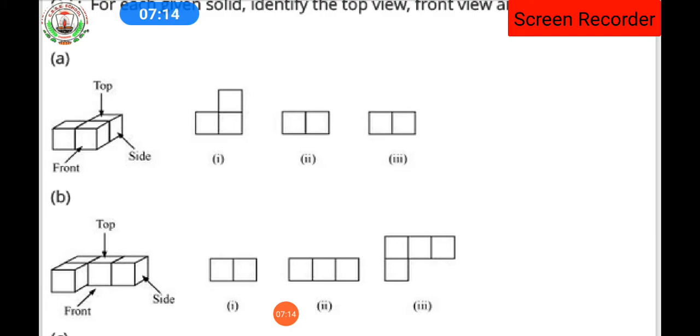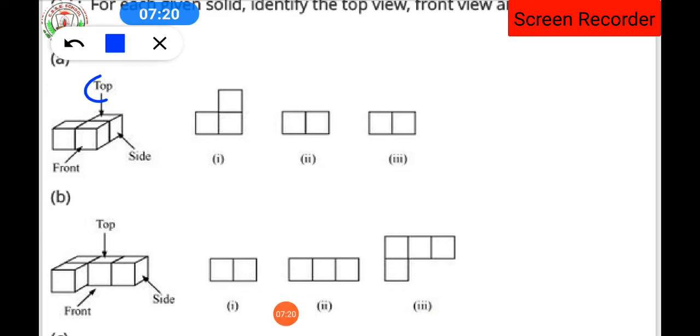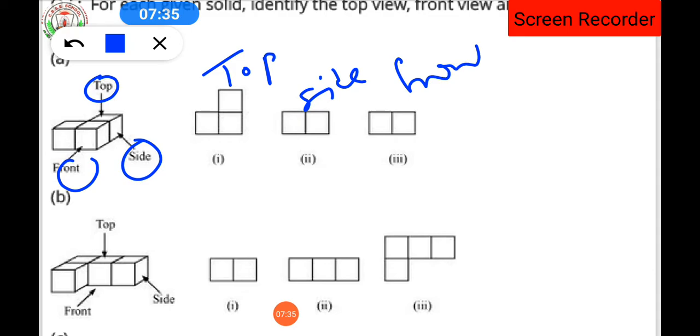ठीक है. सो देखो यहाँ पर टॉप व्यू जो है वो आपका फिगर में देखो, लुक एट द फिगर. The top view is marked over here, side view is marked and also the front view is marked. So easily, as you can see from the top, the 3 boxes will be visible. So this one is the top view. Side view and the front view will remain the same because it is a 3D shape, that's why.